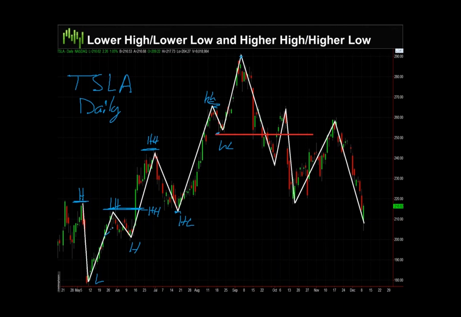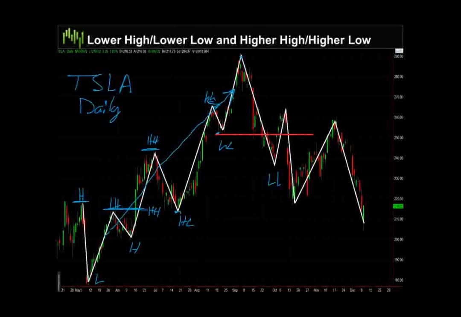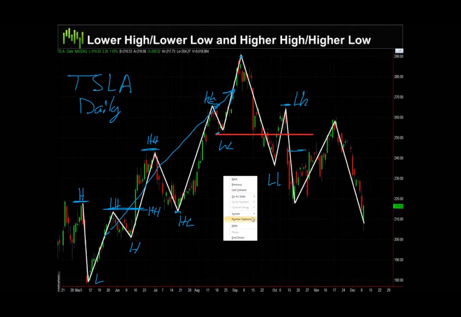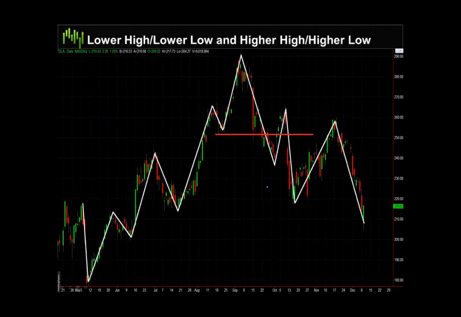Everybody's understanding, everybody's following along so far. And then we come back down, we break the low here, put in a lower low, all right, which means the uptrend is over. We're either consolidating or reversing. We bounce, we put in a lower high as of this gap down. All right, now how do you tell when that pivot is putting in the lower high? So I say as of this gap down, that's a lower high. How do you know that that gap down is what caused that to be a lower high?